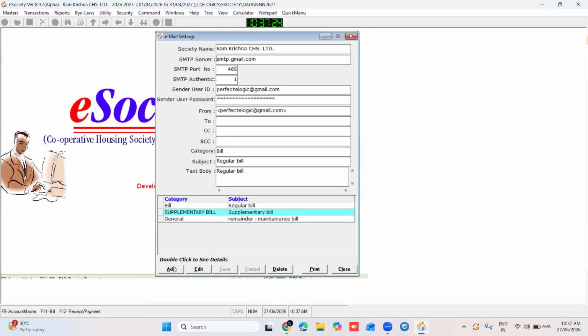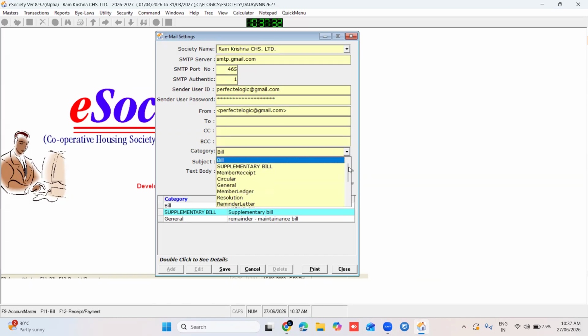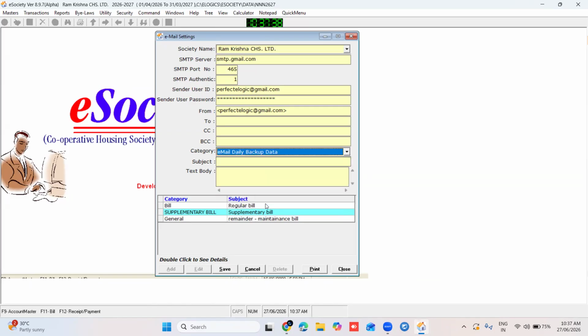Now click on add. When I click on add, here you can see in category, we have added one option of email daily backup data. Select this setting. Now here you have to enter the email ID on which you want to back up your data.